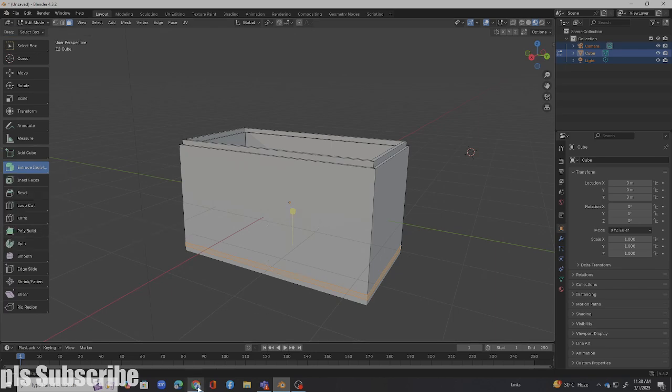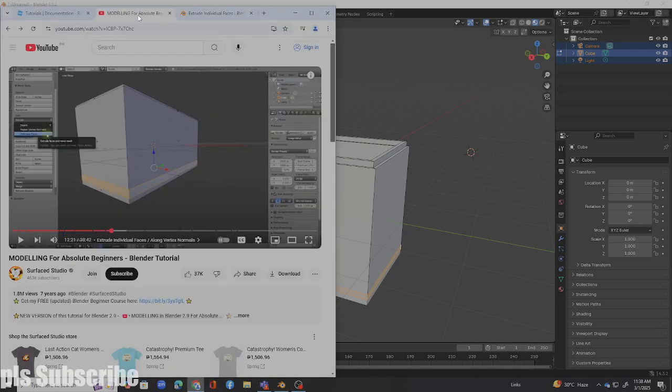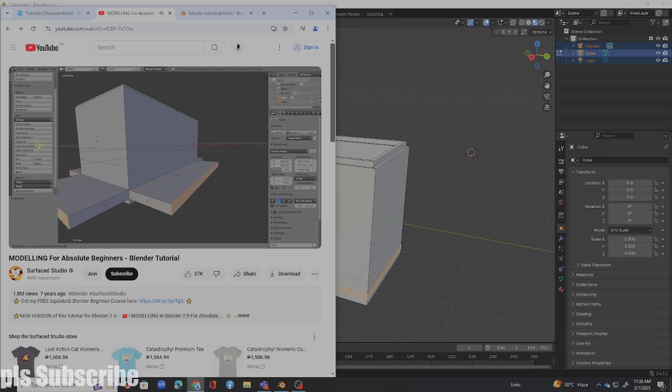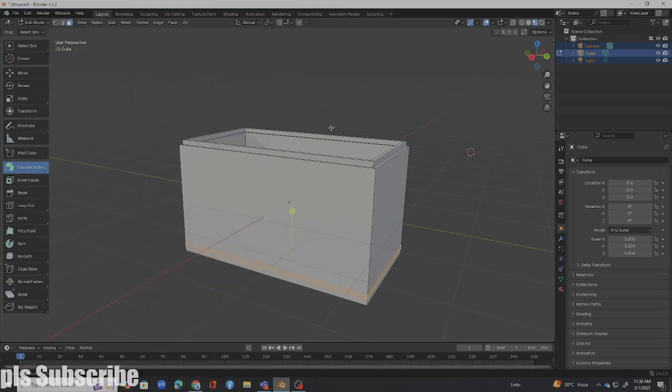Extrude individual faces, and do note that I still have all of my faces selected. So if I go extrude individual faces, and I now drag out,